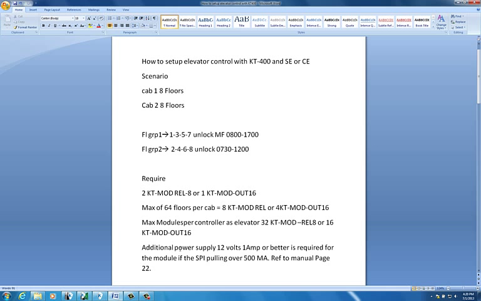Today, what we're going to see is how to set up an elevator control with the KT-400 via Special Edition or Corporate. The scenario we're about to see is two cabs of 8 floors each. We're going to have a floor group number 1, which is going to be